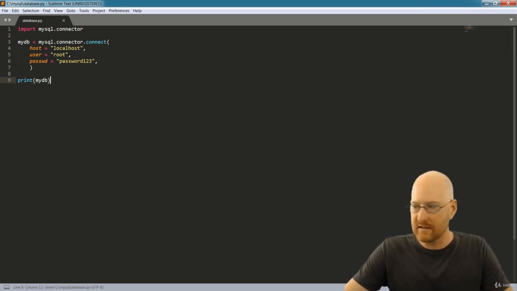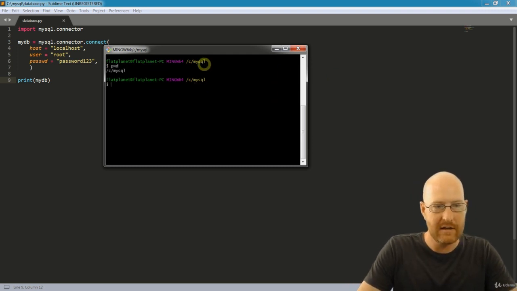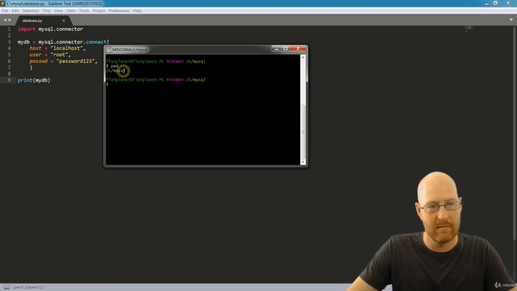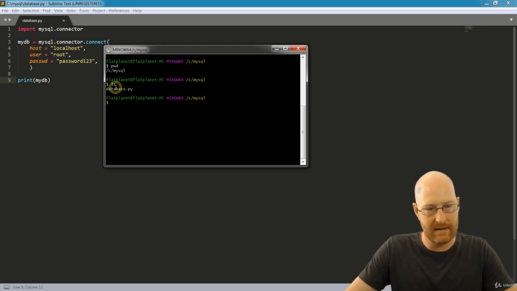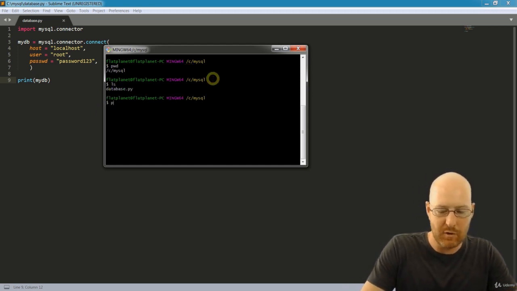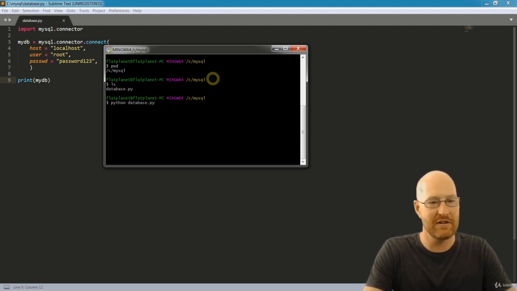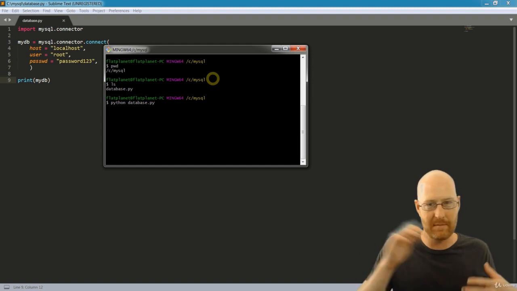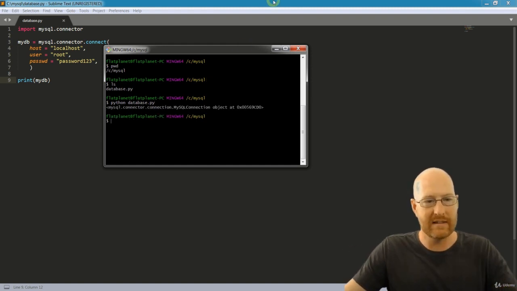So if we save this, head over to our little bash terminal thing and pwd to make sure we're in this C MySQL directory, ls to list the stuff. We can see, oh, there's that database.py file. So now let's just run this thing. So python database.py, and this is how you run Python programs. You type in python and then the name of the program. Boom, we get this